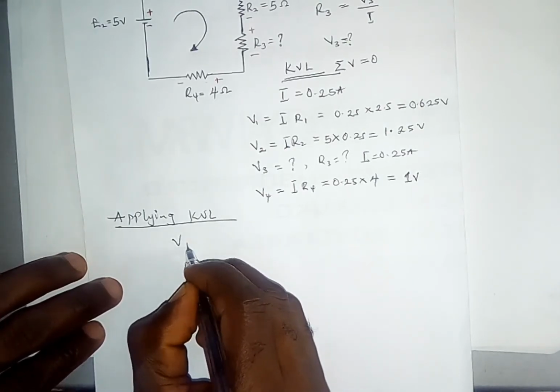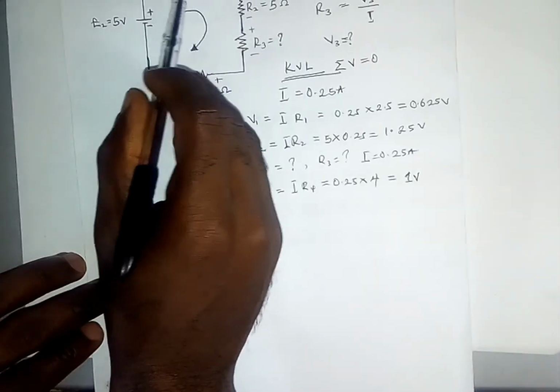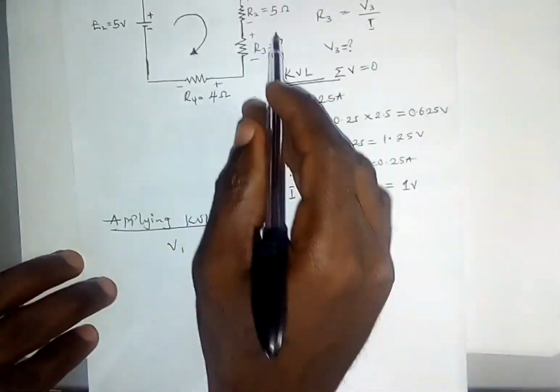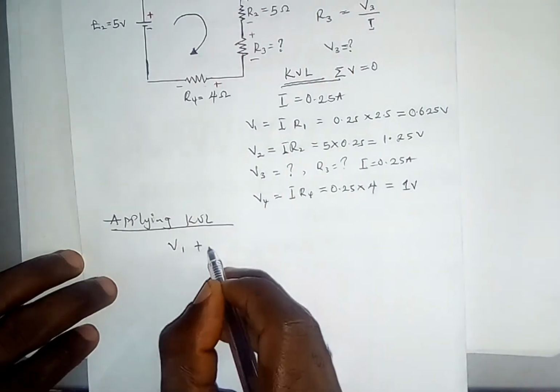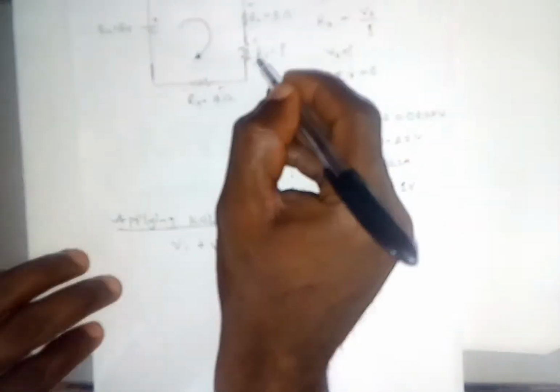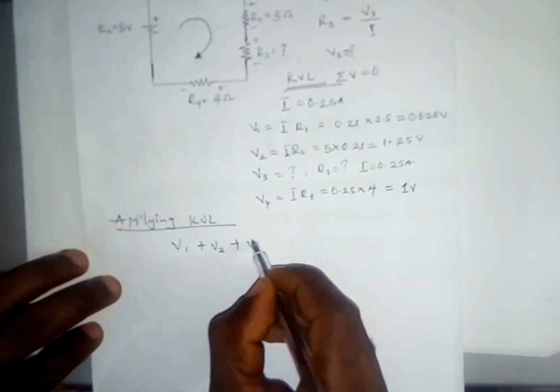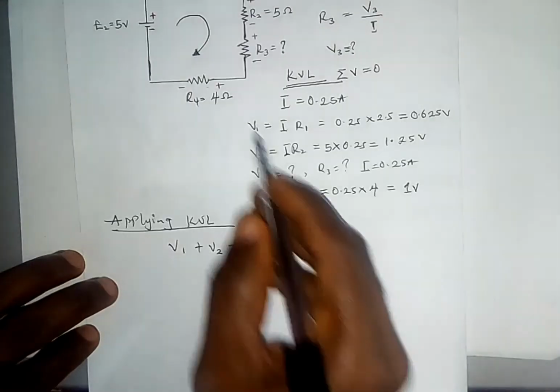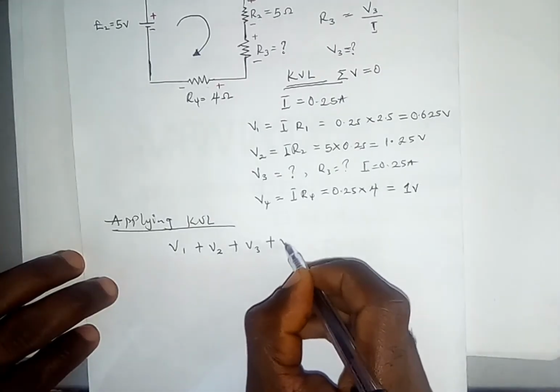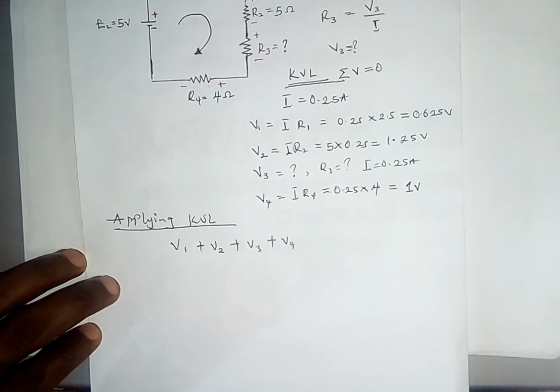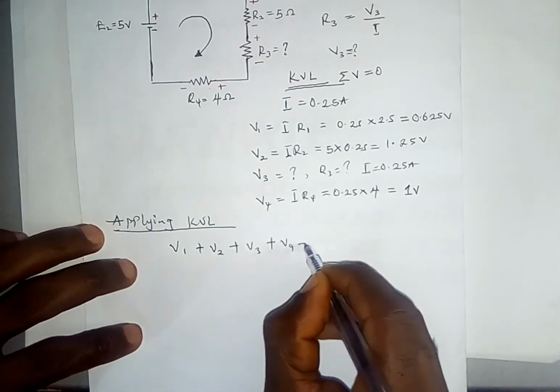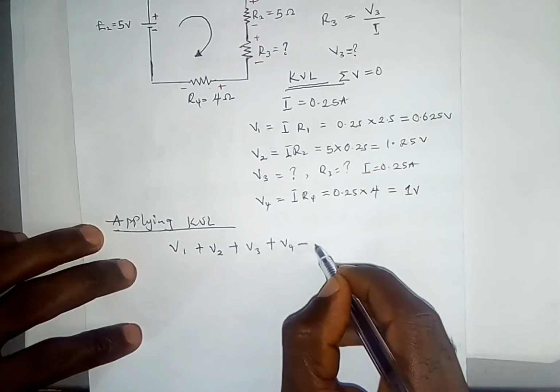Please don't forget the polarity as well. It follows: this V1 plus V2, and this one plus V3, plus V4,